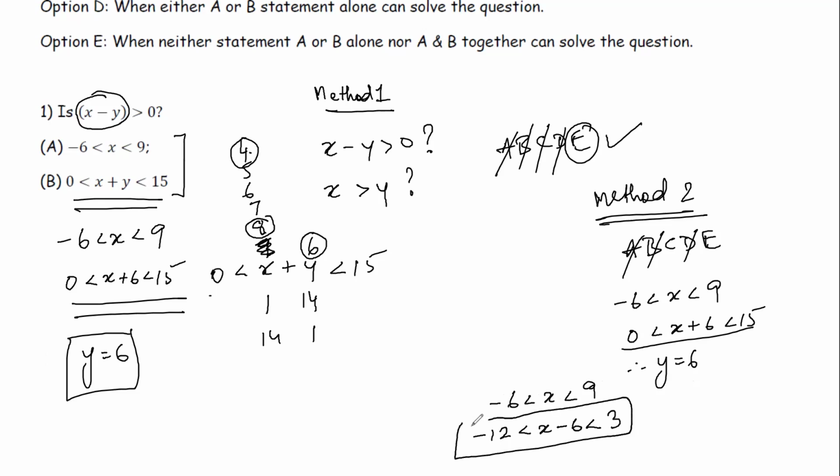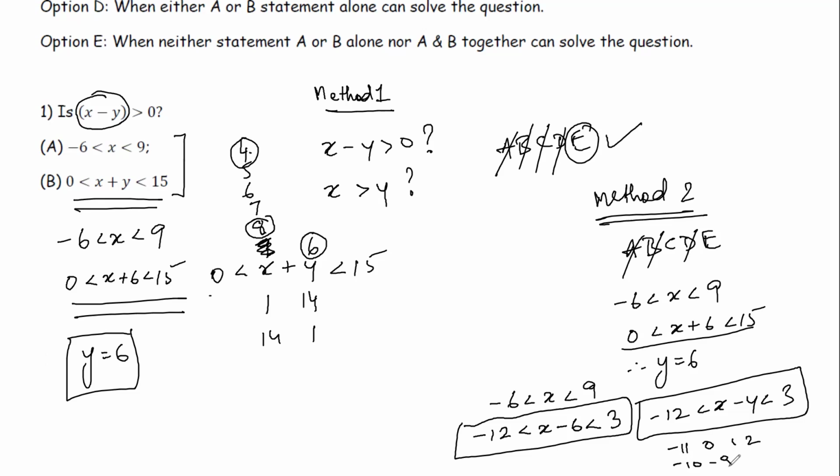So consider this to be as good as minus 12 less than x minus y less than 3. And so when you look at the question, is x minus y greater than 0? We can get values like minus 11, we can get 0, 1, 2 also,